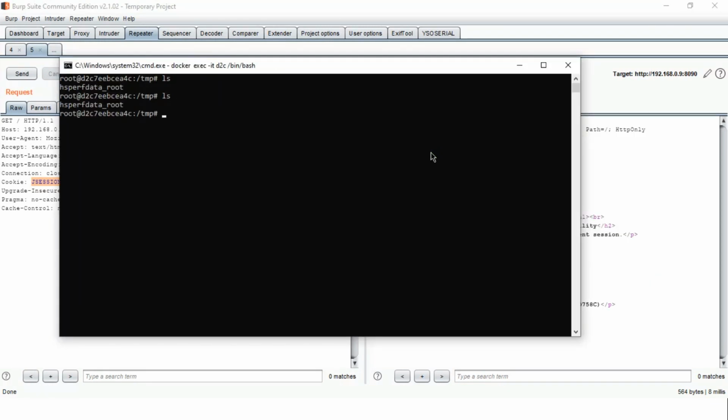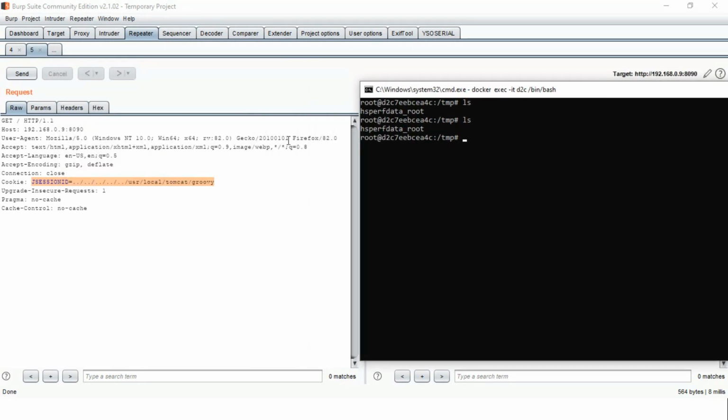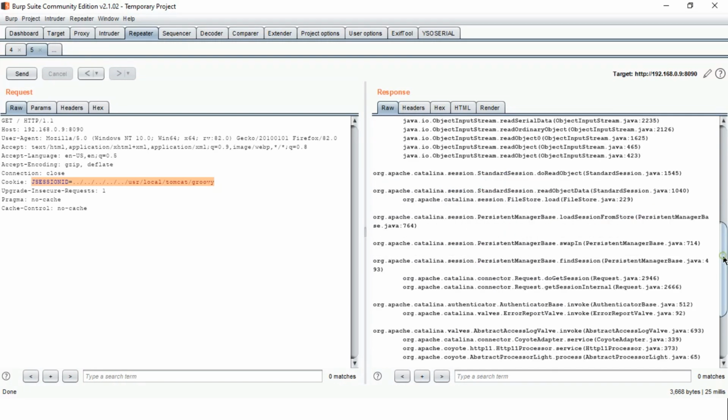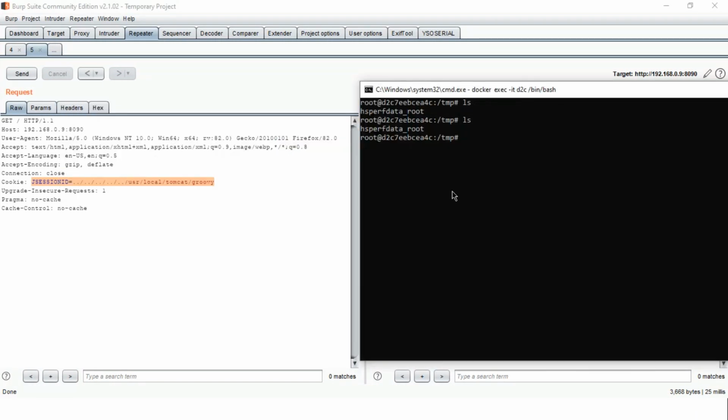Here there is no RCE file. It will create an RCE file over here and send a stack trace error 500. Okay, let's check. So the RCE file is created over here.